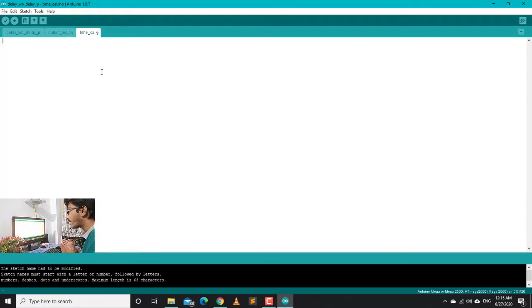In the time cal tab, we write programs related to time calculation or time management. And in output logic, we will write code related to output calculation and serial monitoring. In the main function we will call the output logic and time calculation.